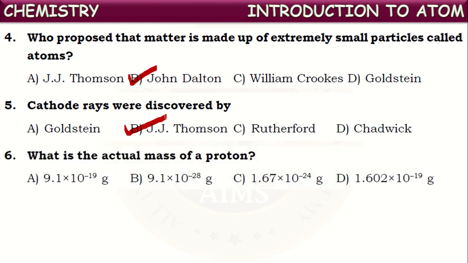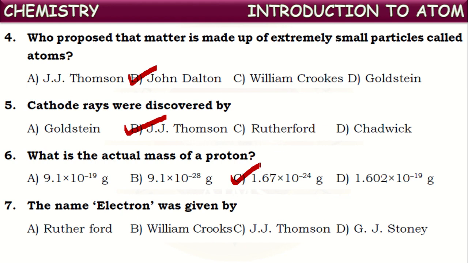Next one. What is the actual mass of proton? So commonly the mass of proton is considered as 1 AMU, which is equal to 1.67 into 10 to the power of minus 24 grams. Okay, that is the actual mass of proton, 1.67 into 10 to the power of minus 24 grams. That is the mass of one proton. Okay, next,